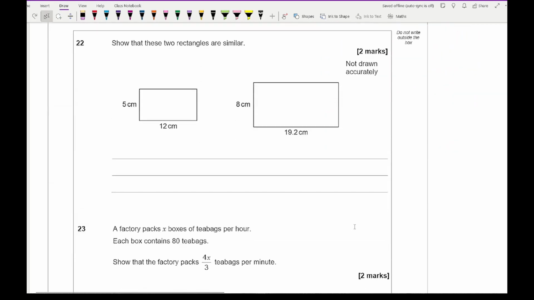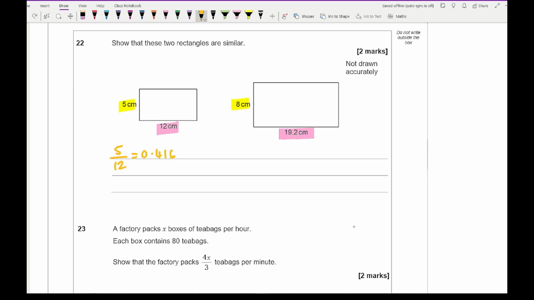Moving on to question 22, it says show that the two rectangles are similar. Now for this, what we need to do is take two corresponding sides. So I've got 5 and 8, and show that when I divide the two numbers, it equals the same. So here, if I do 5 divided by 12, type that into my calculator, I get an answer of